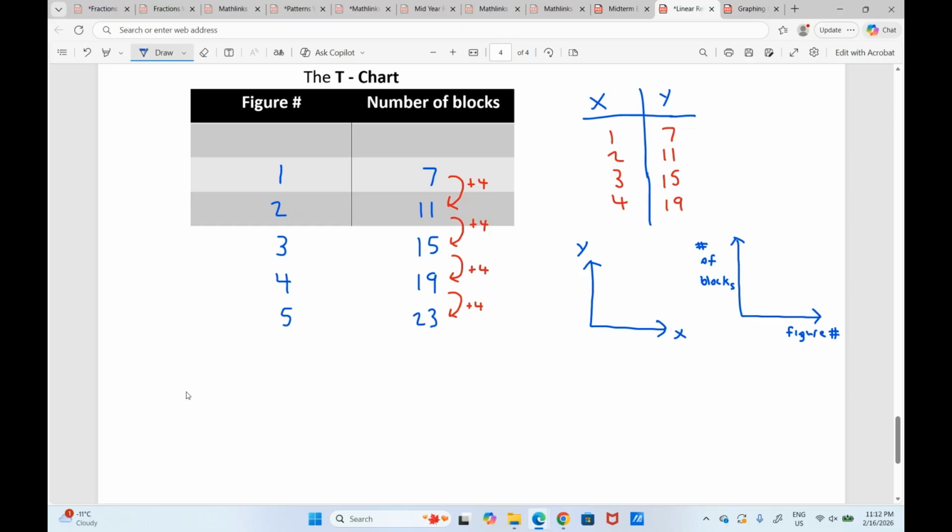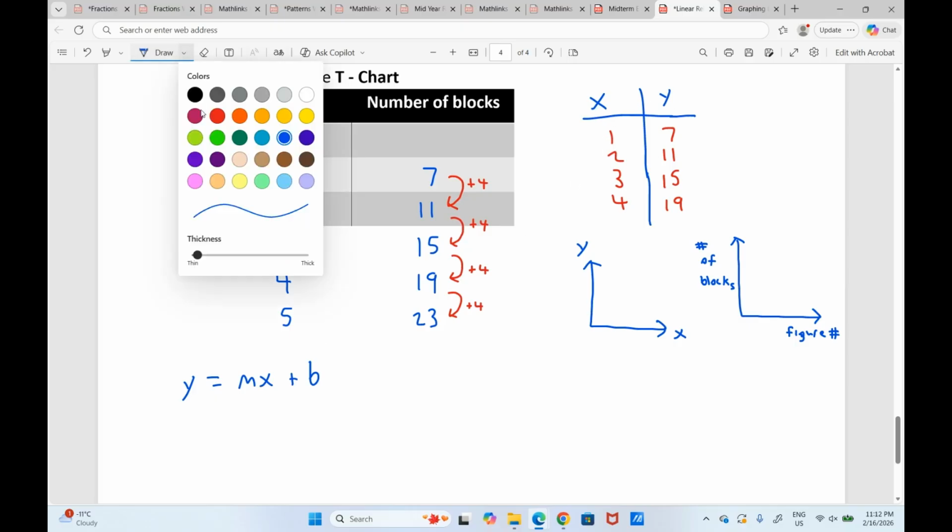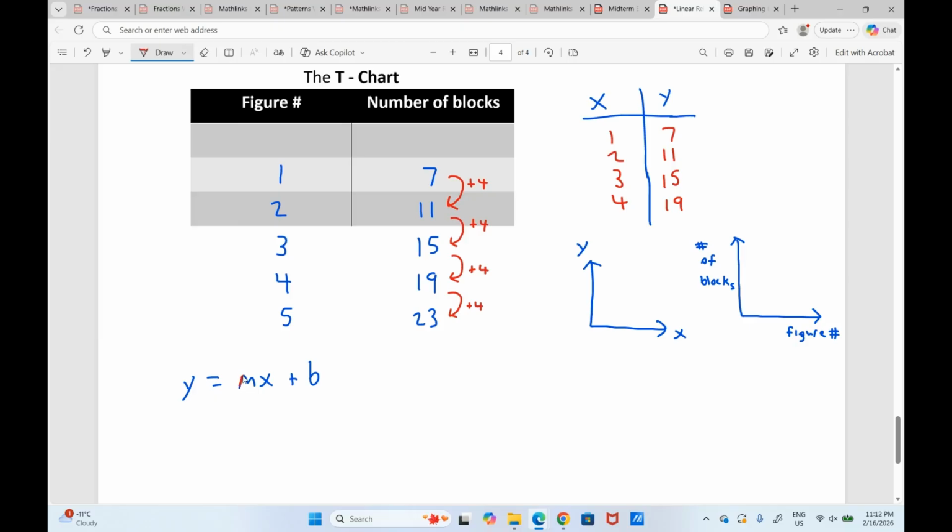So this equation is going to be y equals mx plus b, where y and x are just the values that you see here, but the important ones are going to be the m value and the b value. Okay, so they do mean something. So let's talk about what they mean. So the m value